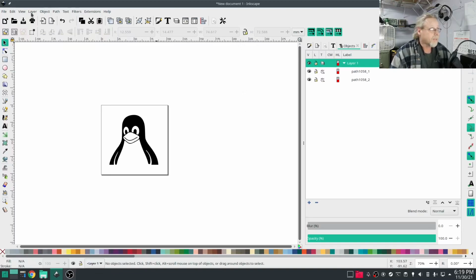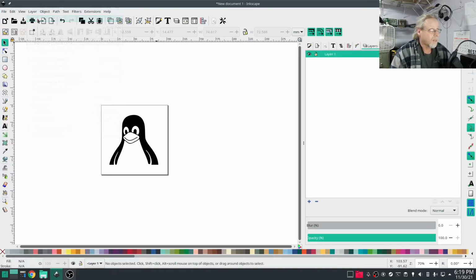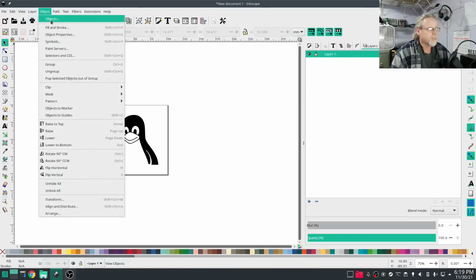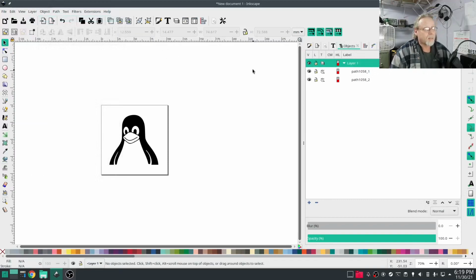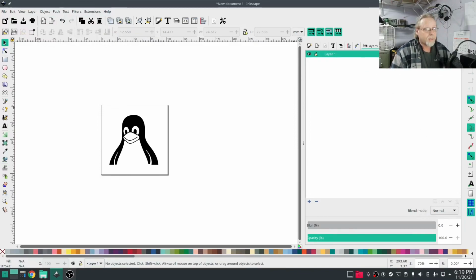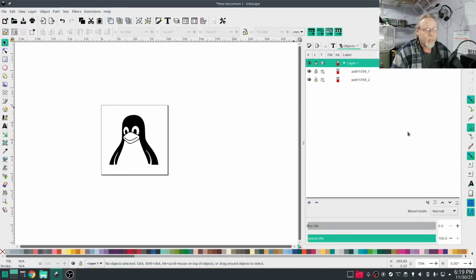Problem number three, layers. Inkscape has layers, and it also has objects. When we talk about layers, we're actually talking about objects. We don't work in layers. We work in objects. The reason that we say layer is because under objects, you see layer, and then we